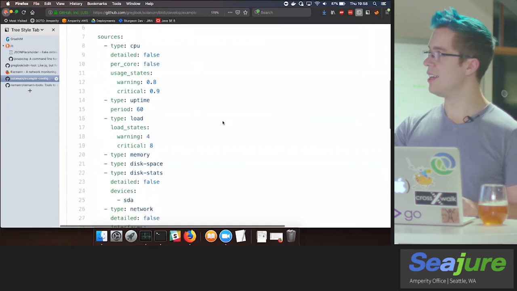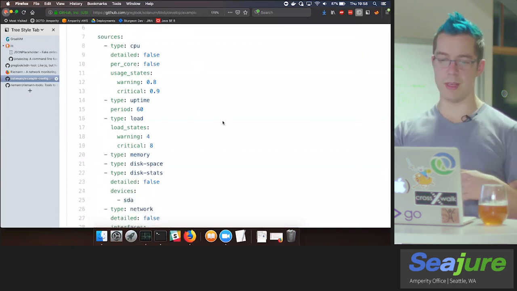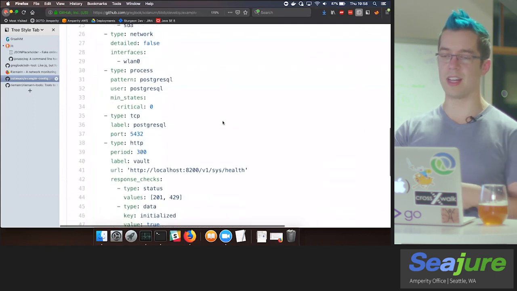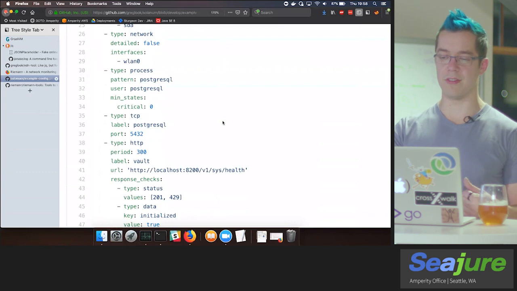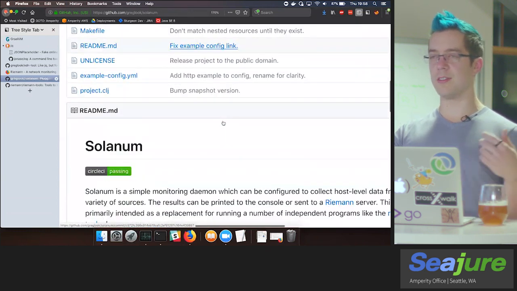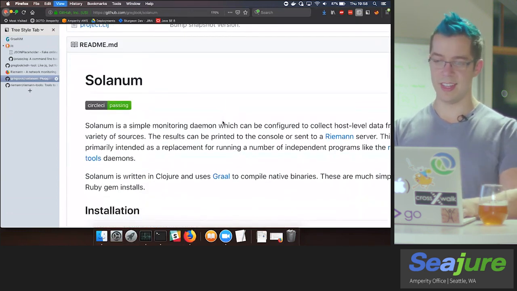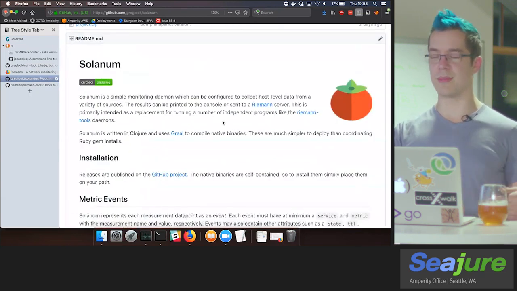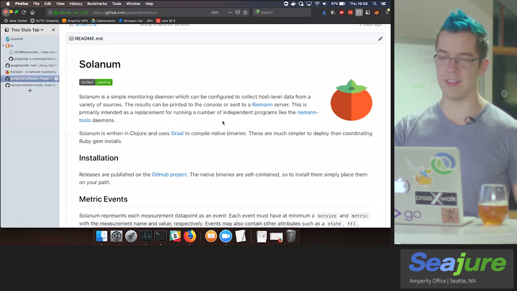So instead of running a different binary for your CPU, a different one for your uptime, a different one for your network, I figured we'll make this pluggable and put everything into one file and make it flexible enough to run one application that could do everything. Except I still wrote it in Ruby because that's what I knew, and that has all of the same problems of deployment and building something that you can just drop onto a host and have it work.